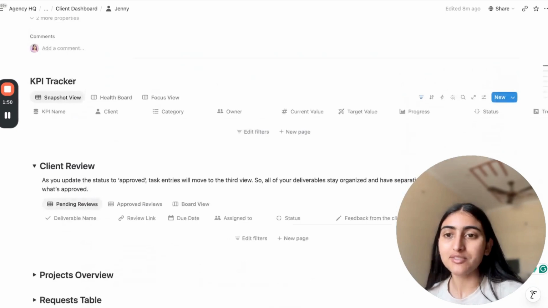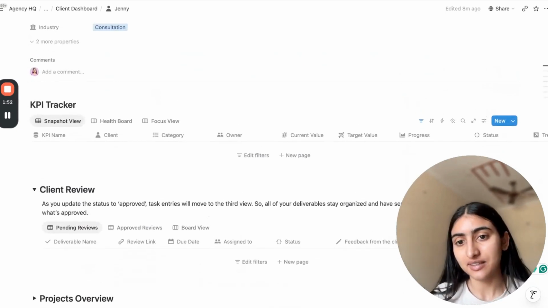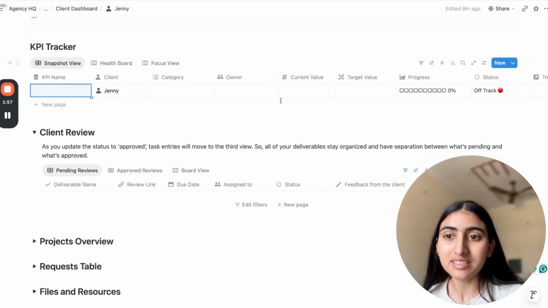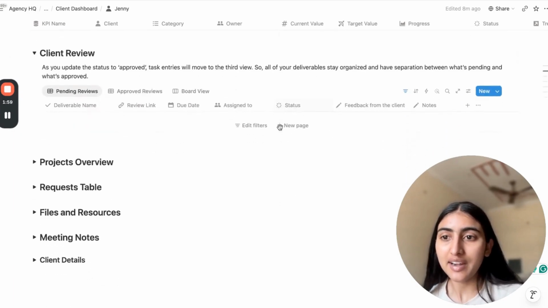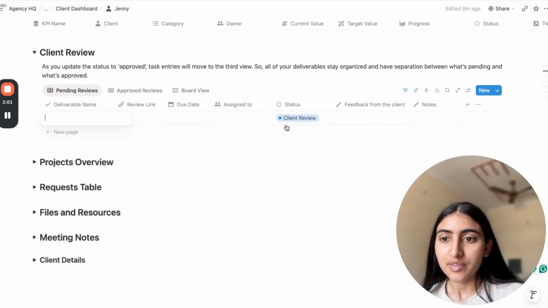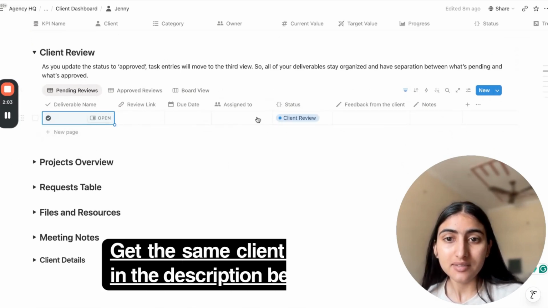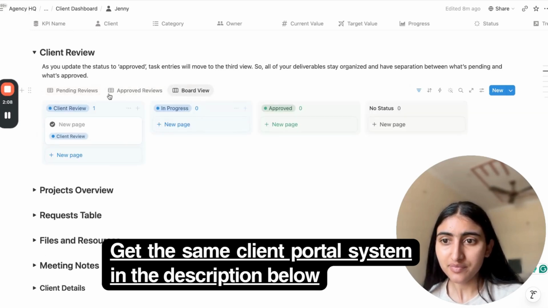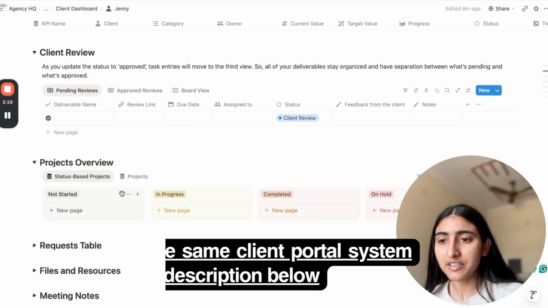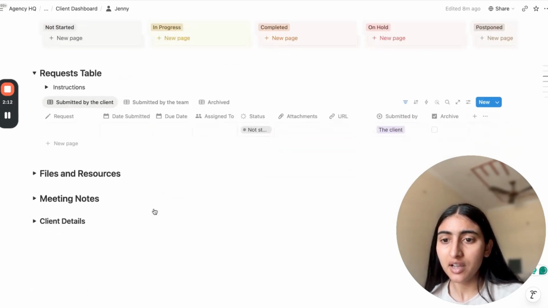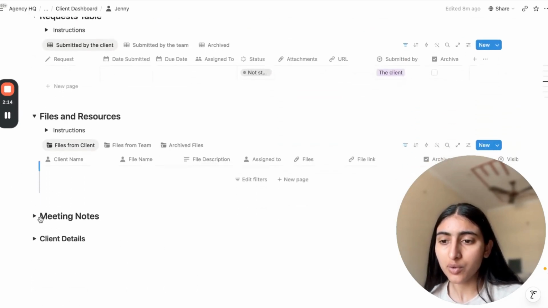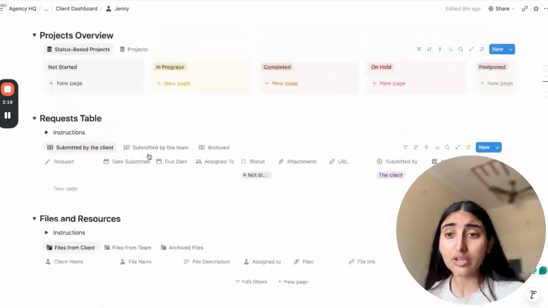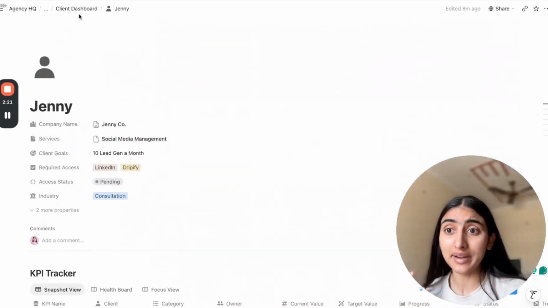So this is a place where your client gets everything. For example, the KPI tracking, all of the KPI performance is visible here for Jenny, and client review, all of the client deliverables are loaded here for the client. Okay, so for the functioning of the client portal, I would like to go to another portal that we are already using, so that I can showcase the functioning and you can see the UI better.